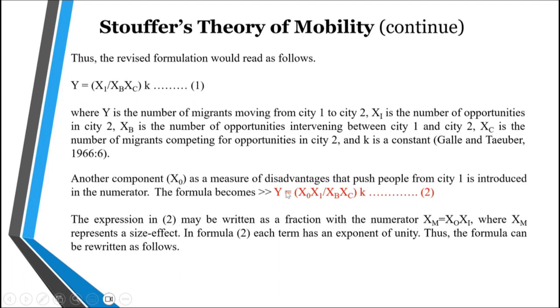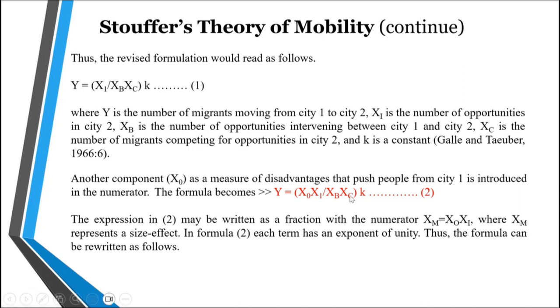So in short, the determinants of migration depend on the number of opportunities, let's say from Kampar to Singapore: the number of opportunities in Singapore, and the number of opportunities between Kampar and Singapore, not only direct, but within the radius of the distance between Kampar and Singapore. In this case, it might include Penang, Ipoh, right? Then the number of competing migrants in Singapore, maybe too many people are already in Singapore. So if you go to migrate there, you might find it hard to get a job. So in this case, it's the indirect effect.